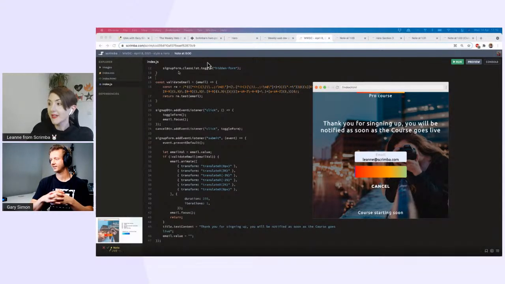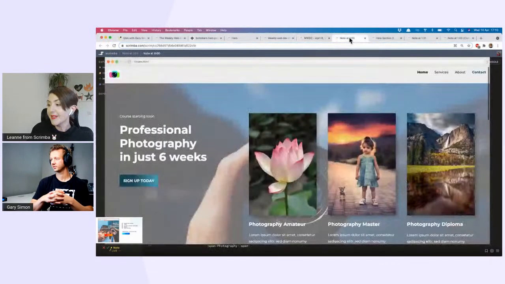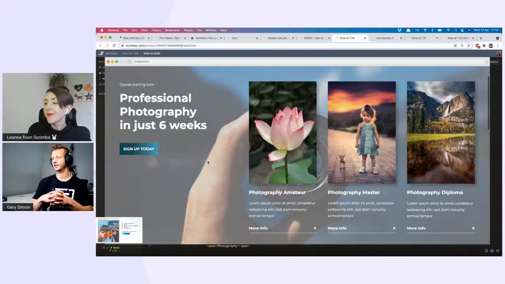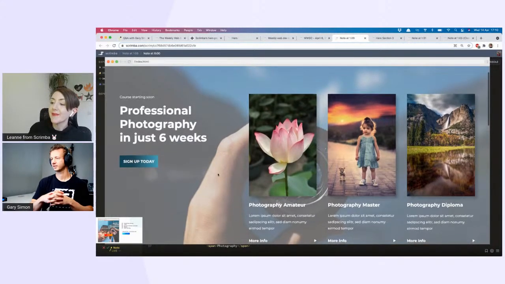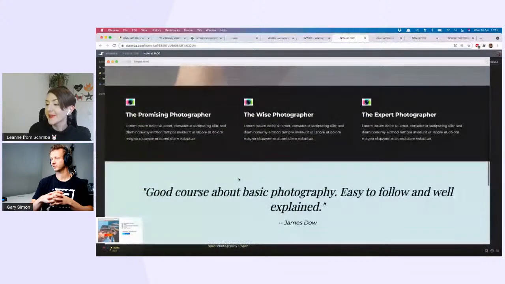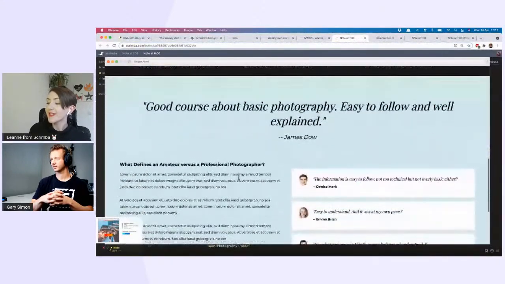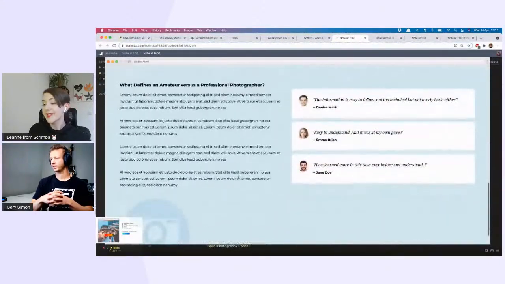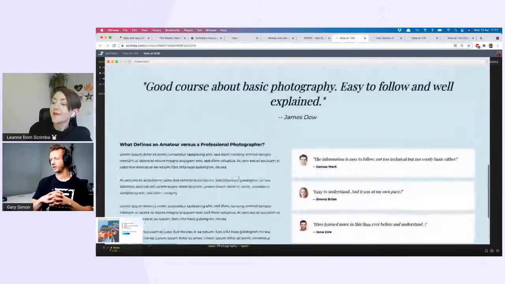Excellent. So the next one I've got is from Ambreen, who's completely changed the design and made their own site as well. Nice. But there are some similarities. They've got this background image, which is very nice. And lots of different sections. Testimonials. Everything here